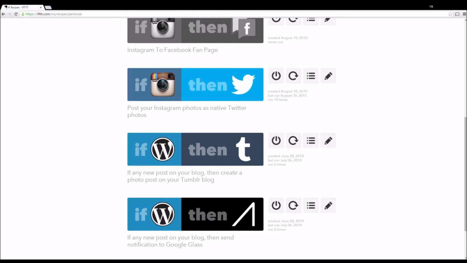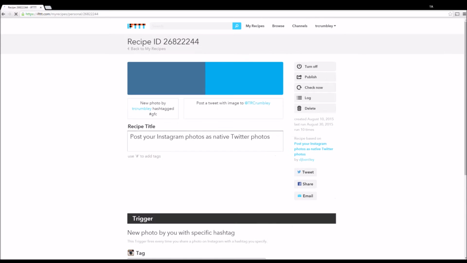So this is a really great way of, especially for food bloggers, if you put something up on your Instagram where you really want that Instagram photo to also be visible within the tweet and not just a link, this is a really great way of doing that automatically. So I'm going to click on this edit recipe button,